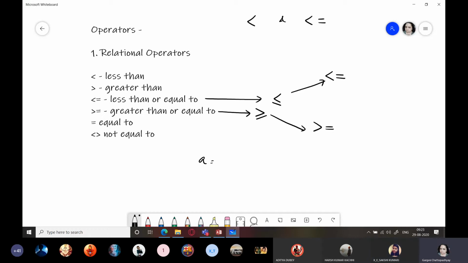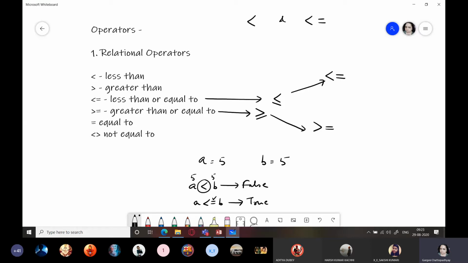Suppose I have two values, A equals 5 and B equals 5. If I write A less than B, is it true? Both are 5. So this will give you what result? False. A is not less than B. But if I write A less than equal to B, then this will be true. Why? It is not less, but it is equal to B.